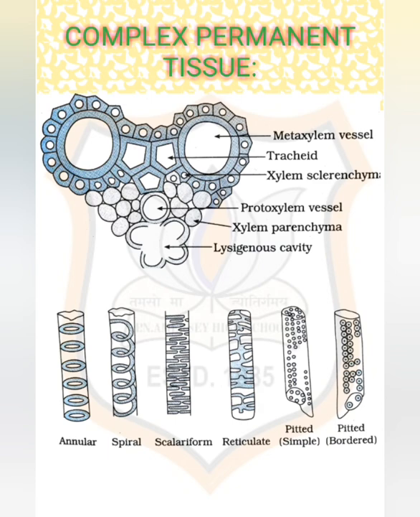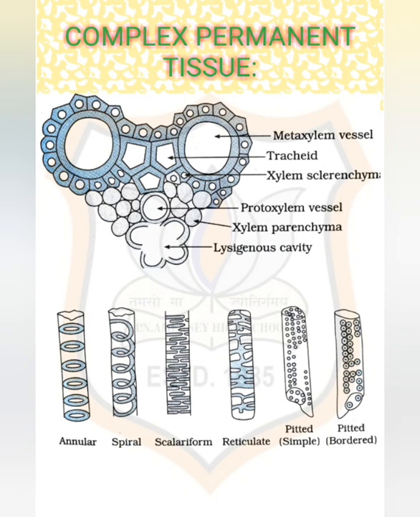Vascular or conductive tissue is a distinctive feature of the complex plants, one that has made possible their survival in the terrestrial environment. So, complex tissues are made up of more than one type of cells and coordinate with each other and perform a specific type of function. So here let us discuss about xylem and phloem.